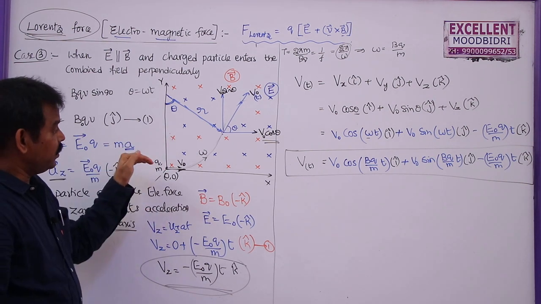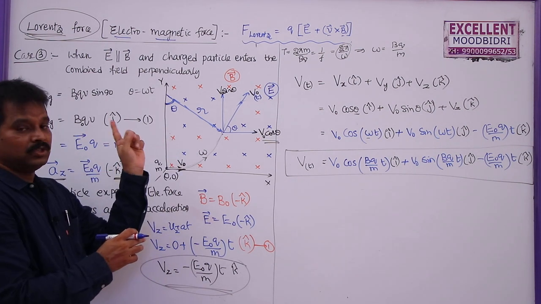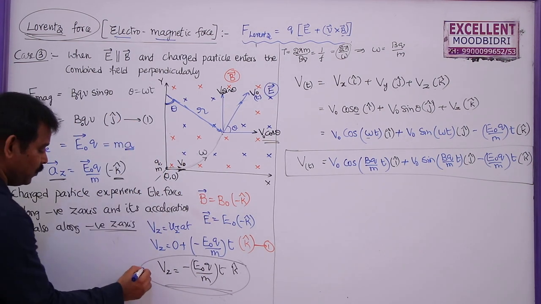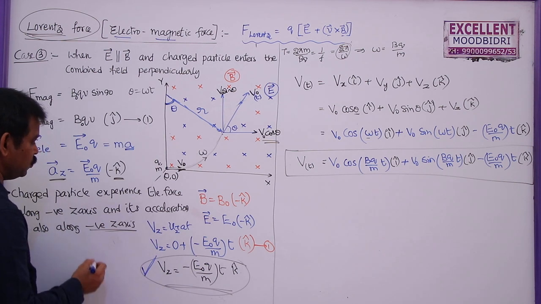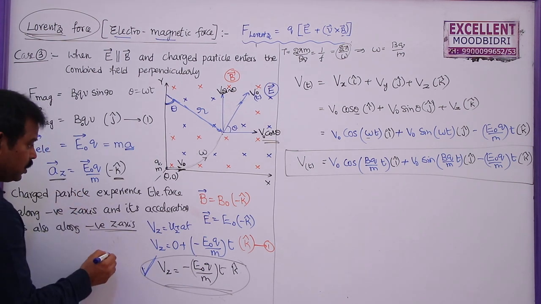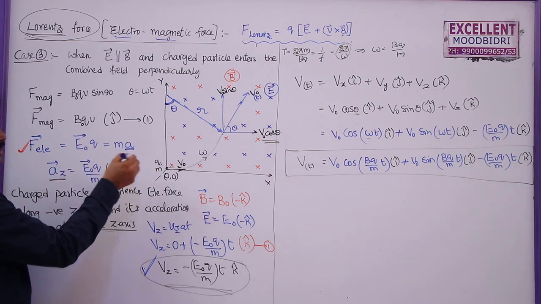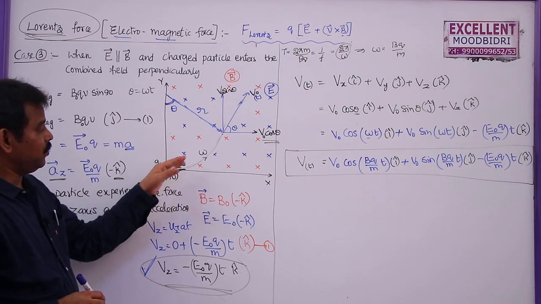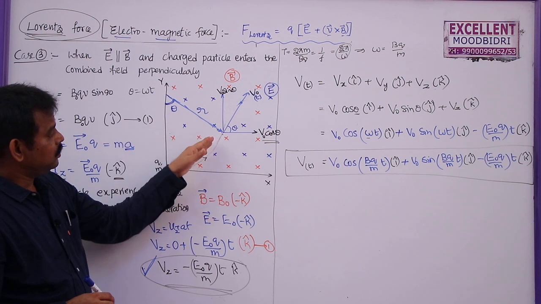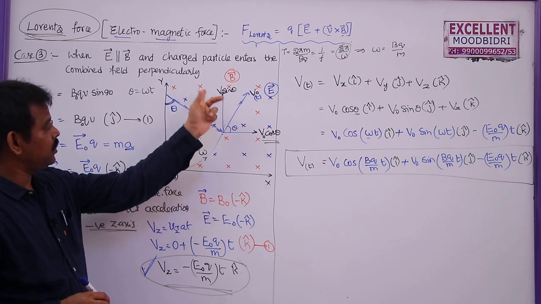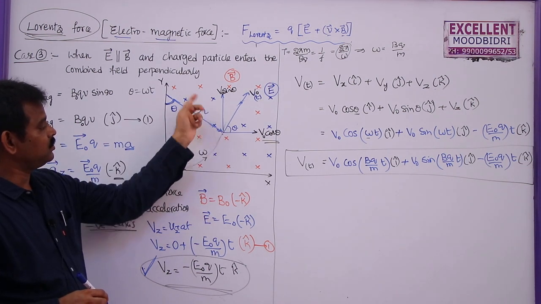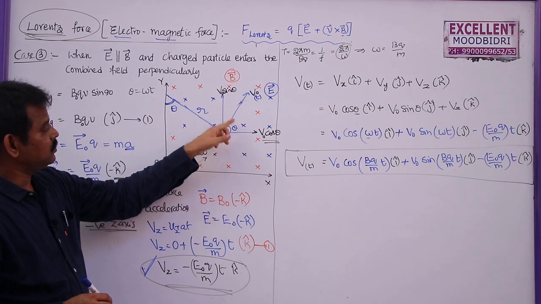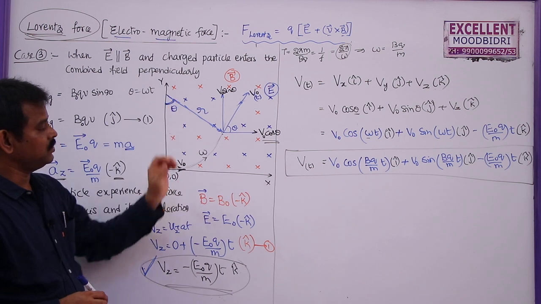Remember students, when it is moving like this, the charged particle will experience a force, that is a velocity along z axis due to electric force. Due to this, the charged particle will try to move along negative z axis, but the particle will experience a force in this direction. Each and every time the magnetic force direction will change. Due to this, it will have some velocity. The attained velocity can be written in terms of V naught cos theta, V naught sin theta.